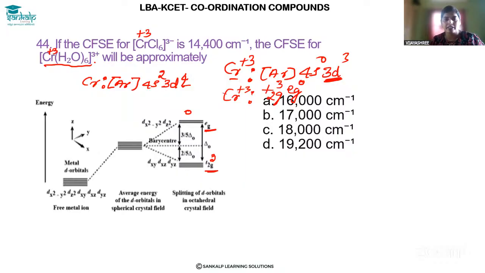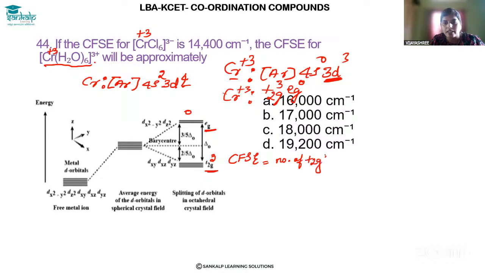If you look at this supporting image, you will understand. Now we have written the electronic configuration. There is one formula which relates crystal field splitting energy and crystal field stabilization energy. What is that formula? CFSE, that means crystal field stabilization energy, is equal to the number of